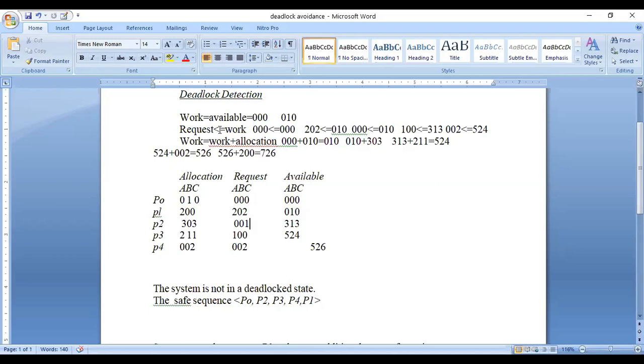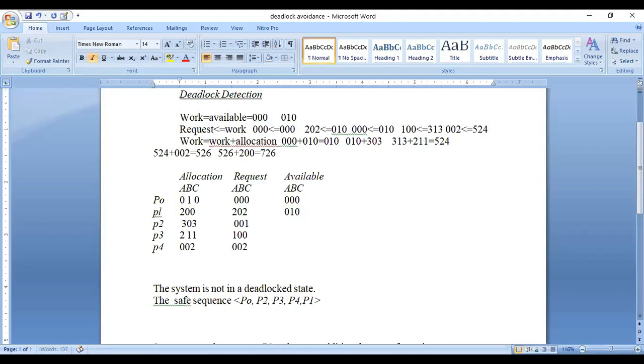Is it clear or not? The condition is false. Again P2. P1 is false, and P2: what is the P2 request? 001. 001 is less than or equal to work, where work is the previous value 010.